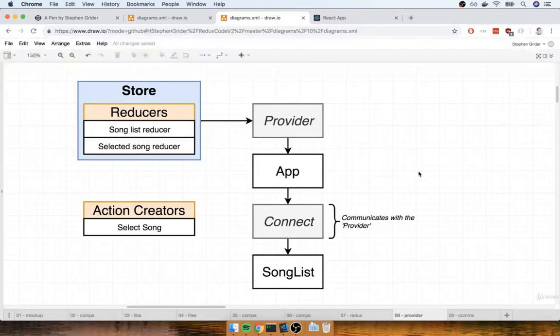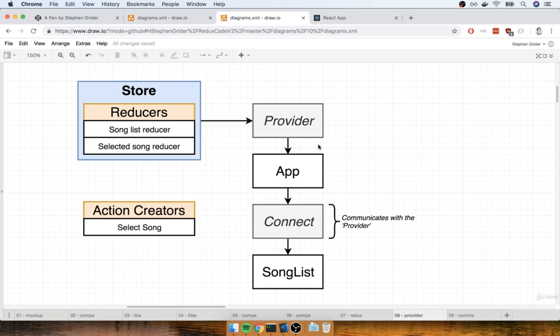All right, so first diagram right here. Now, I'm going to be honest with you, some of the things I'm going to show you are going to seem a little bit complicated, and it's because I want you to understand some of the behind-the-scenes stuff that is going on with the React Redux library. But you're not going to really understand some of these moving parts until you actually write the code out for it. So just take this diagram and the next one that we're going to take a look at with just a, I don't know, a high-level overview, I suppose. And if it's not entirely clear, that's totally fine. Let's try to write out some code first, and then we'll say, okay, now we understand it.